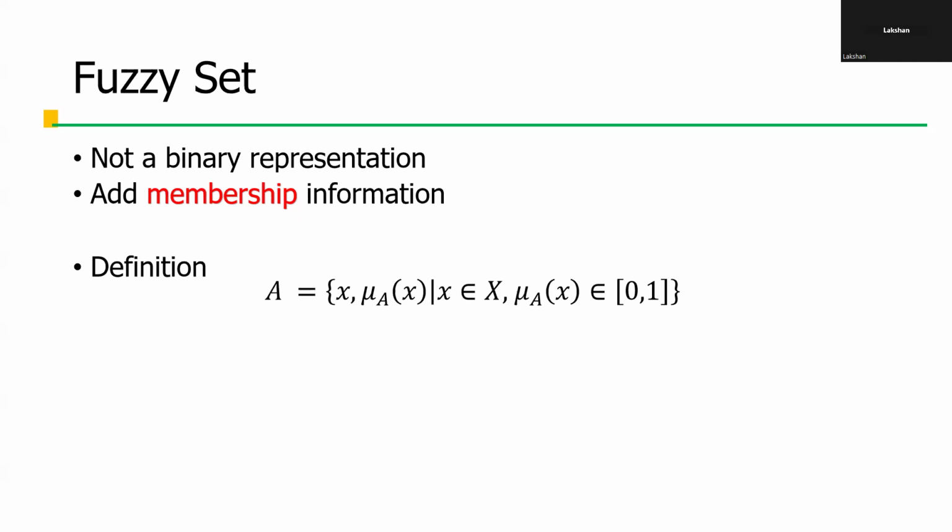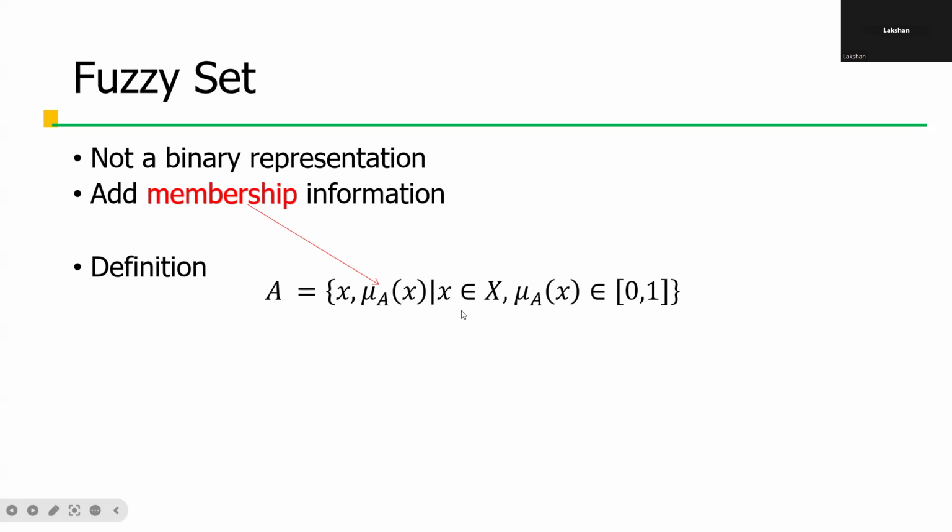Like it is a 1-0 representation in the classical sets, but in here we will be having the decimals, whether it half belongs to this set or that set. So it can deal with some sort of uncertainty whether we will be getting exact numbers or not. So in here we have the definition. Actually, first we have the element, then the membership information of that element in the second level, and the simple X is it should be like